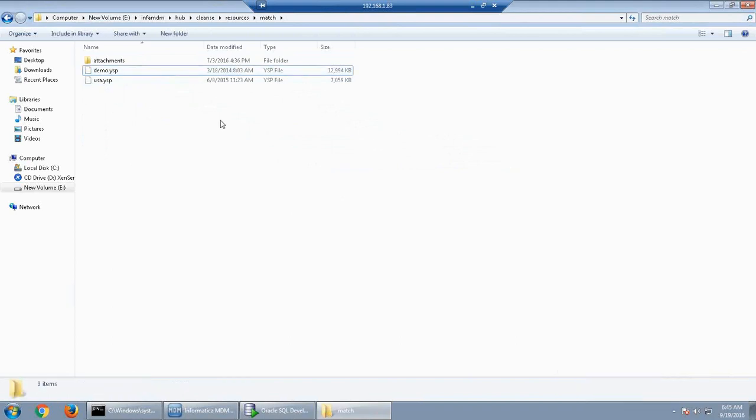So this has to be mandatory, because if you forget to put it at this location and you go and run the match process, it will throw an error that the population file is not present at this particular location. So it specifically shows that it is not present at this location.